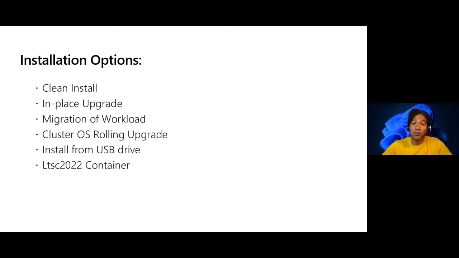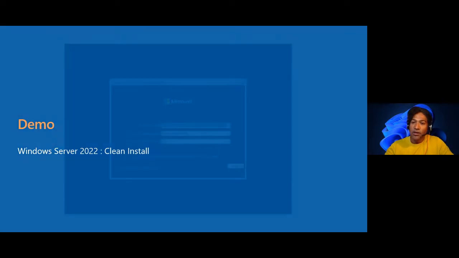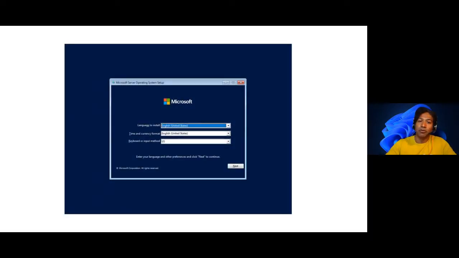And like I mentioned before, you can try with the evaluation version, and you can always convert that to a retail version. So for those of you that haven't seen it before, my first demo will just be walking through some of the screenshots of doing a clean install, and it's pretty much the same as the previous